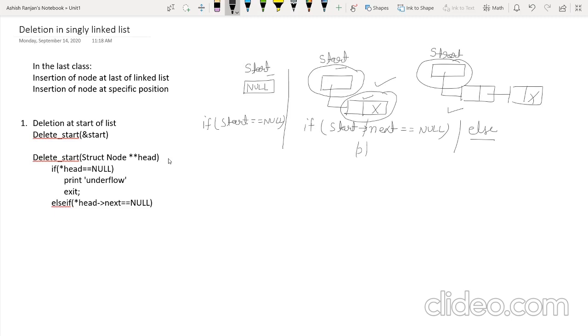Let's suppose ptr is the variable. So I'm storing the content in the ptr. Then how we will store? So we'll write struct node pointer ptr is equals to pointer head,